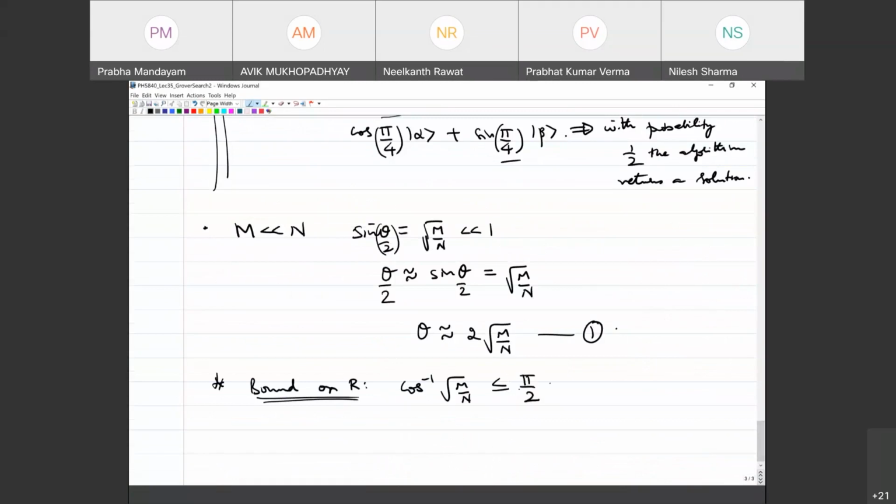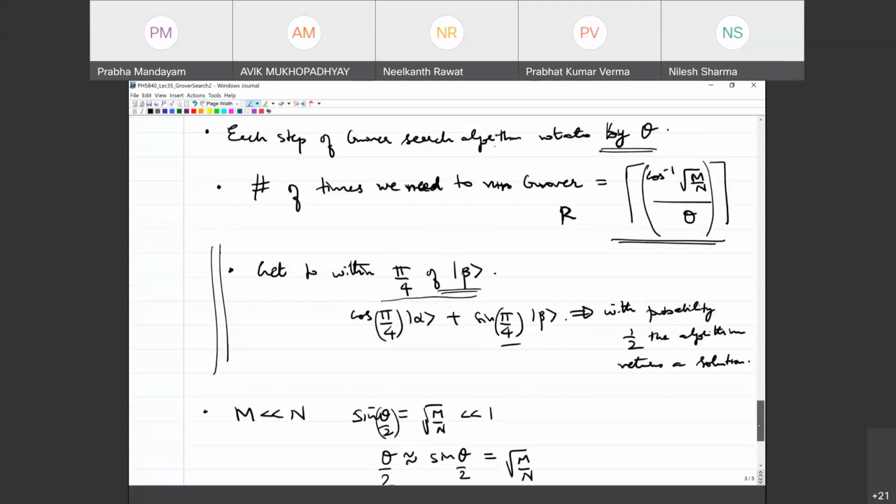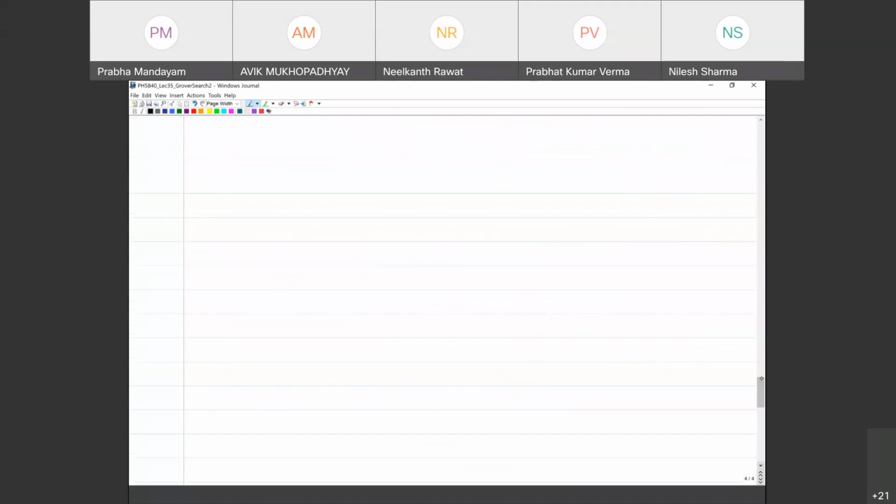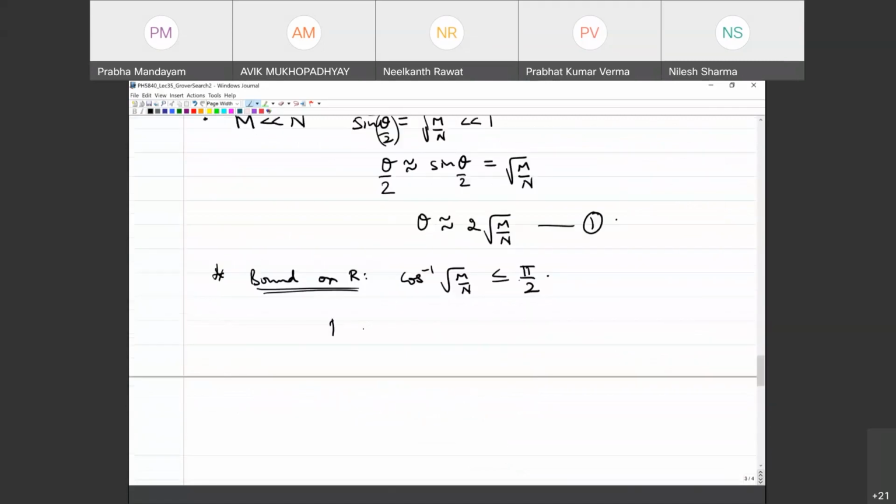That's just because the overlap with respect to either of these, alpha or beta, is going to be within pi by 2. That's just a generic bound. So then we have this r, which was the ceiling function like this, becomes less than or equal to pi by 2 theta. And then if I use this already, which is that theta is approximately twice square root m over n,